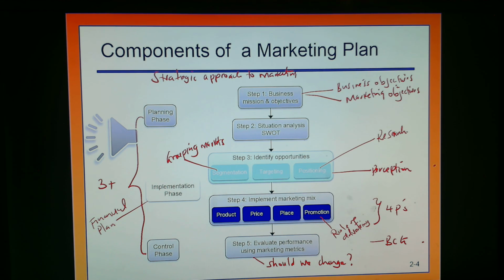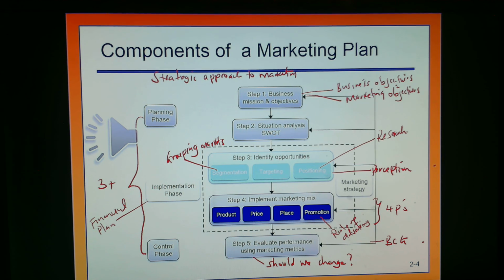So you find that there are several processes that you have to undertake in trying to understand what the marketing plan is all about. These are some of the things that you have to focus on. Now, next